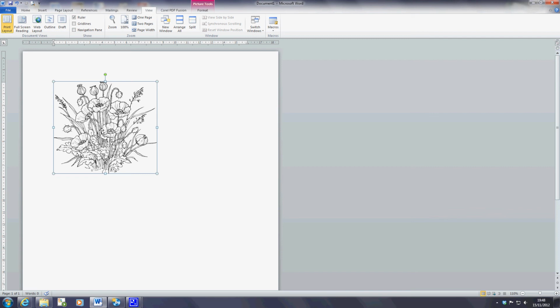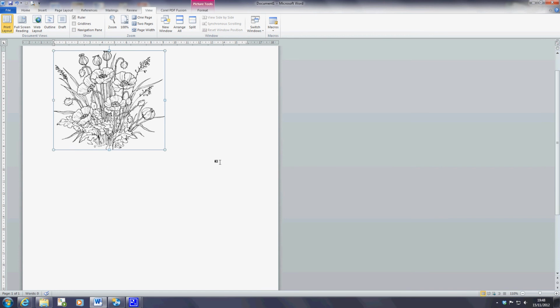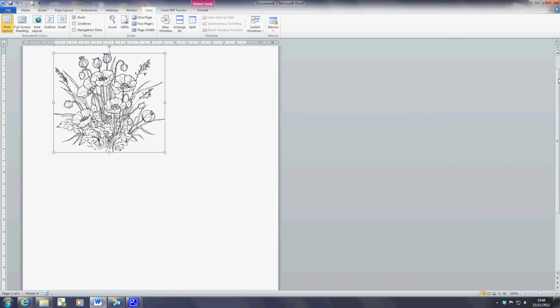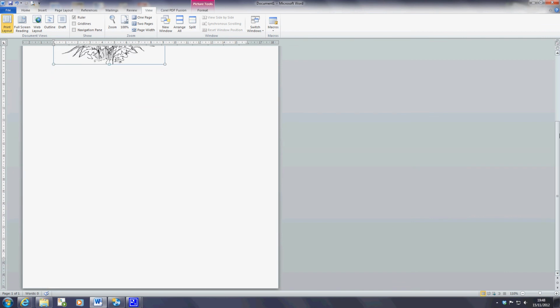So you can see that's a much easier size to manage and colour in, which would be perfect for your cards. And if you've got your ruler on, you can see this one's about 9 centimetres by about 9 centimetres, and it works out very well. From there, before I print it out, if I move that up by using the scroll bar here, if I move that further up to the top, I can then